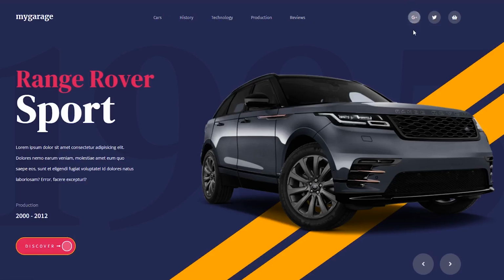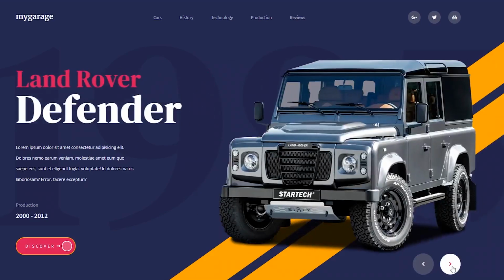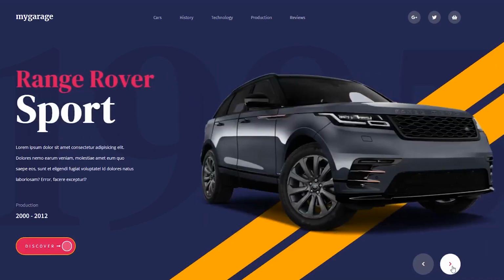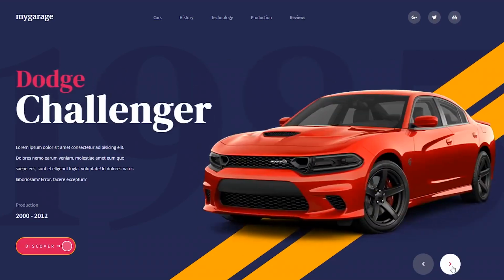transition for you to click, enter Google Plus, or maybe like for Twitter, or add to your cart. Then you see this button, when we hover around, it gives us this nice animation. You see now. Then when you hover on this navigation button, you can see it bring out this nice transition effect. And if you click, it goes to the next page for you like this. See how sweet this thing is now.